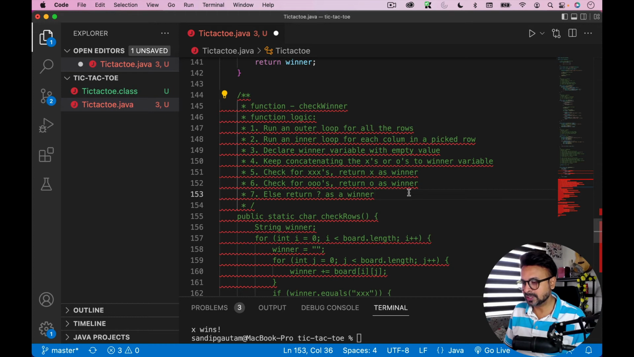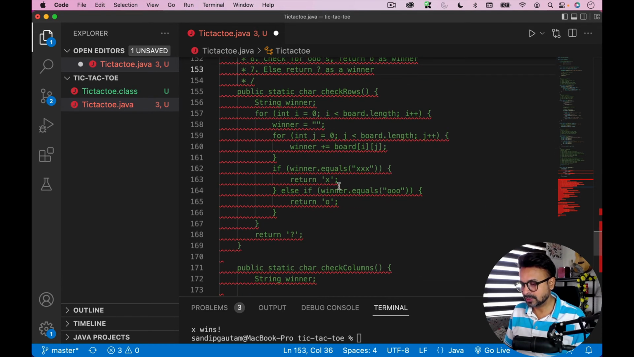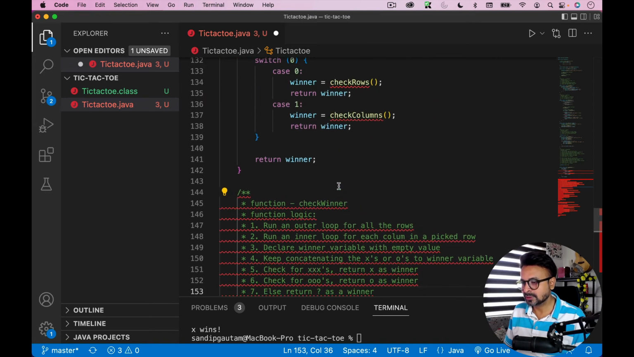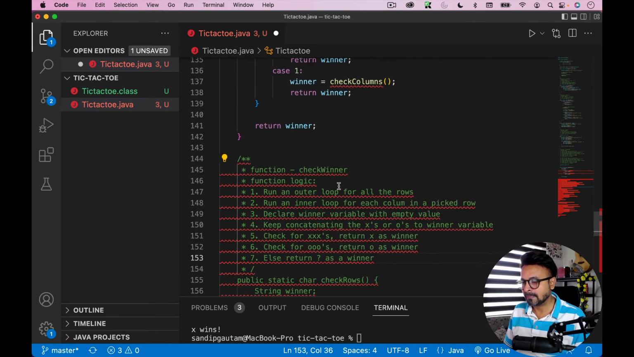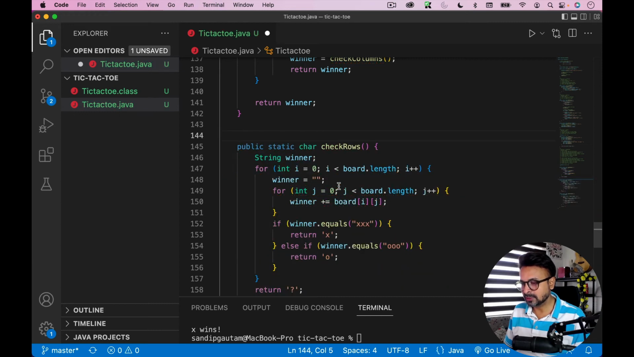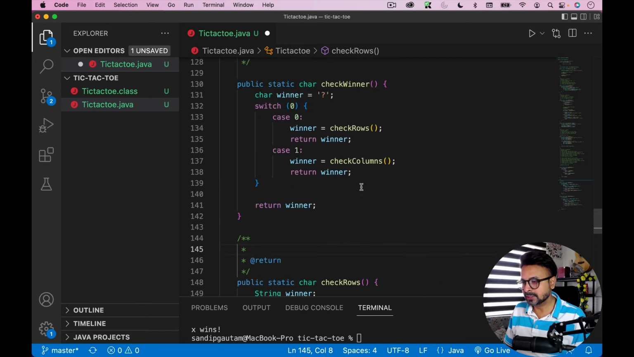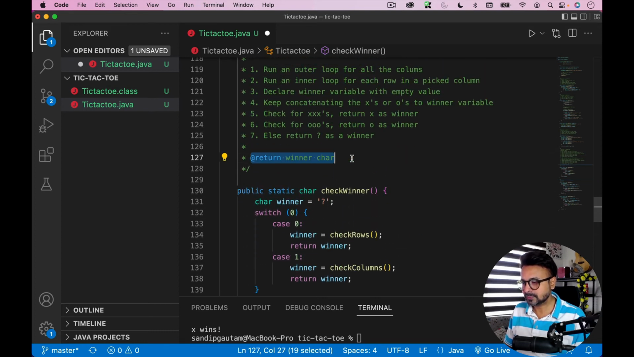These comments, right? Check. So what is going on? Why is it showing this? Okay, maybe I did some mistake. Let me remove it. I'll put the comments, Java comments, something like this, and it's returning a winner as a